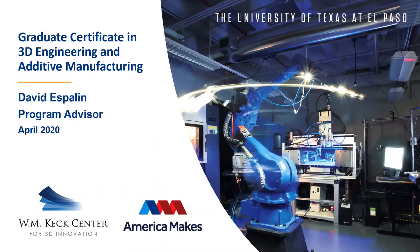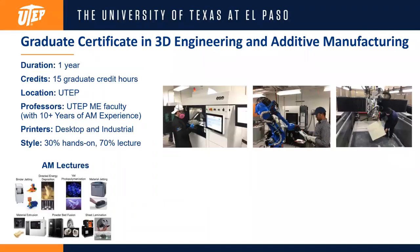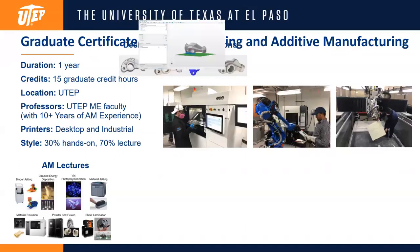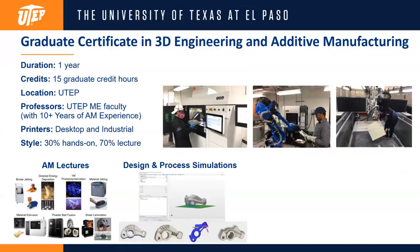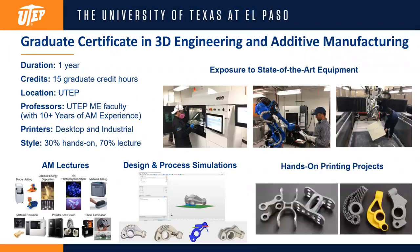So this program, depending on when you start, could take a year, or a year and a half. The way the classes are staggered, and I'll explain that shortly, you can do the whole program within a year. It's a 15 credit hour program. It is housed at UTEP, and it is